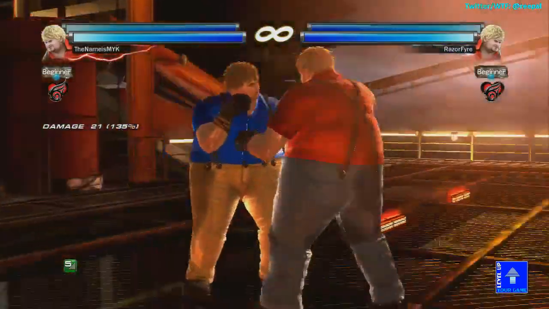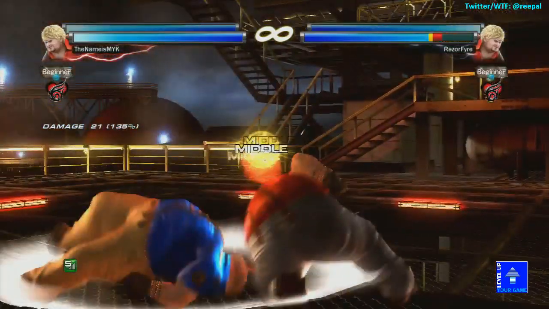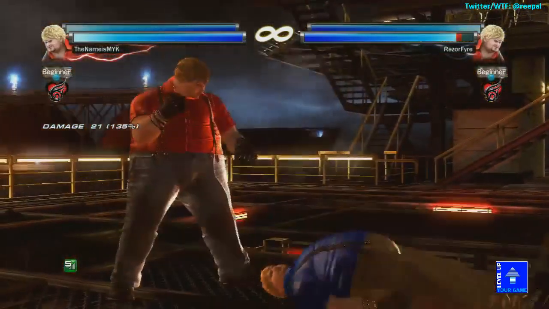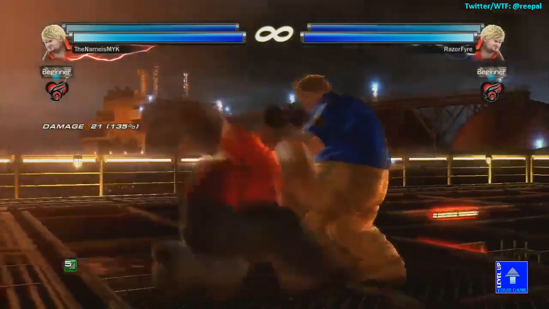Try to just get up straight, block the low. Okay. Yeah, so if they get up, they get launched back turn. If they try to roll away, you could actually do, like...